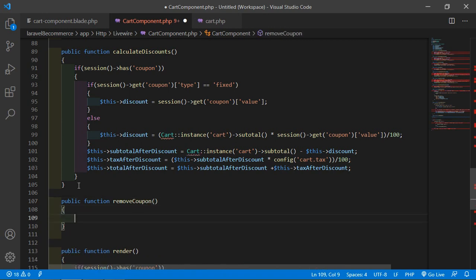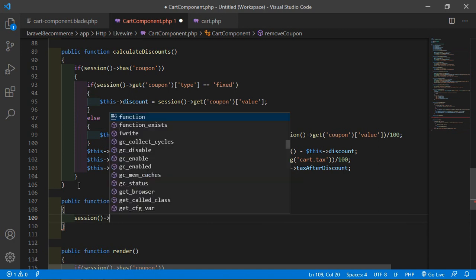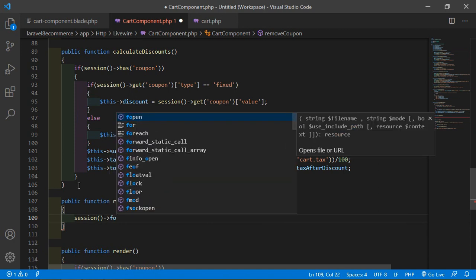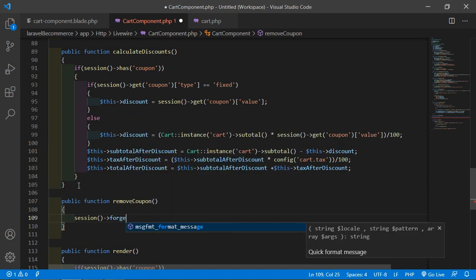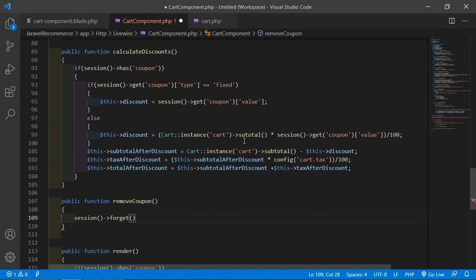Inside this, simply write session and call the forget method, and inside the forget method, just add the key name, which is coupon.